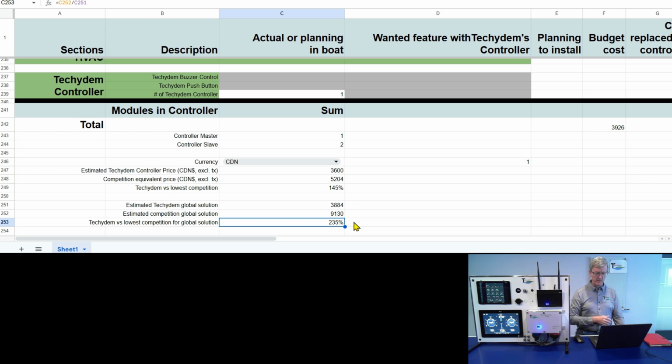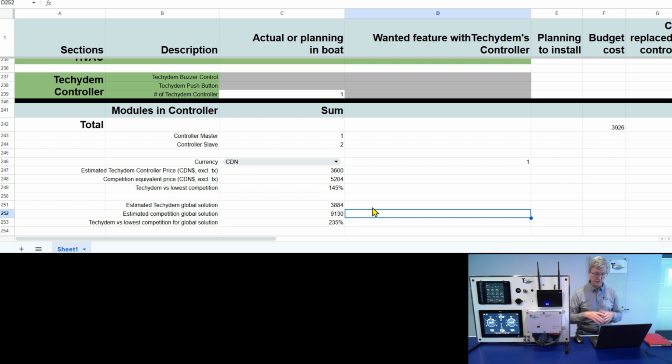And when I'm talking about competition, I'm not talking about the highest competition, like, for example, Maretron is very expensive. So I'm not even selecting these types of equipment. So I try to compare with the next level. It's difficult because not every company has all the pieces of the puzzle, so sometimes I have to pick different components. But I try to pick good brand names over there. So that's one way of estimating how much it would cost you.